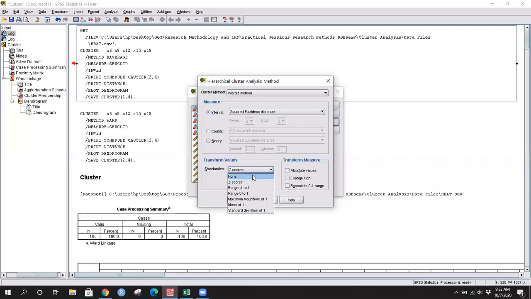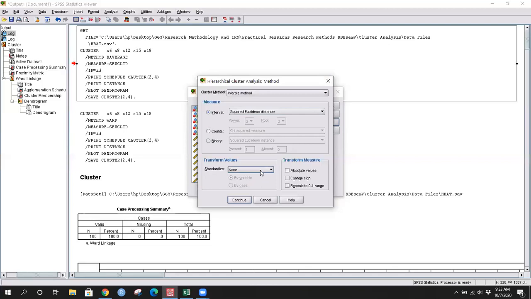So right now in my data, all the variables are on a common footing already. They're all interval type data, and more so, these data do not have a unit or denomination. For example, income is in rupees, and then you have a variable that is education, which is a number of years. Then you might want to employ Z scores, or a range of -1 to 1, so that will put all your variables on a common footing.